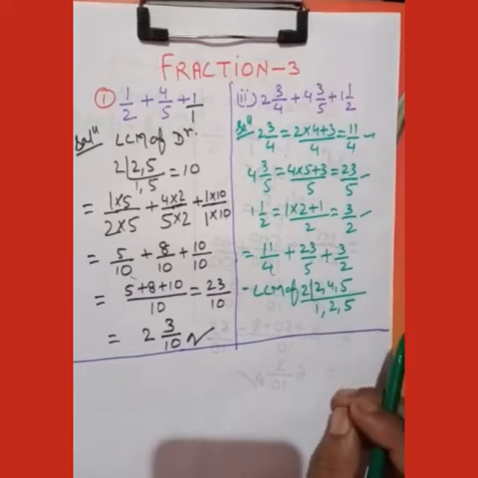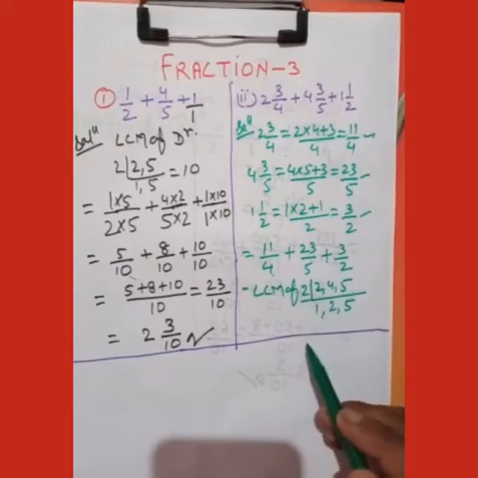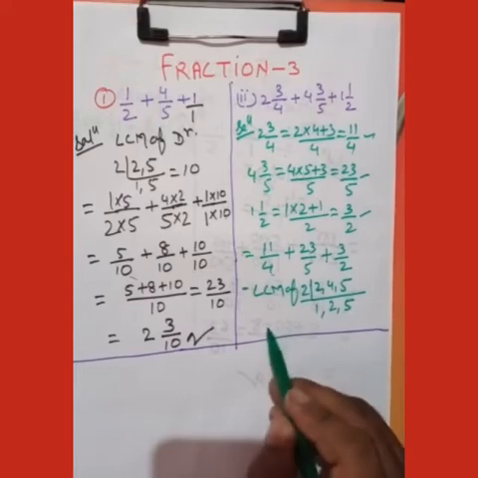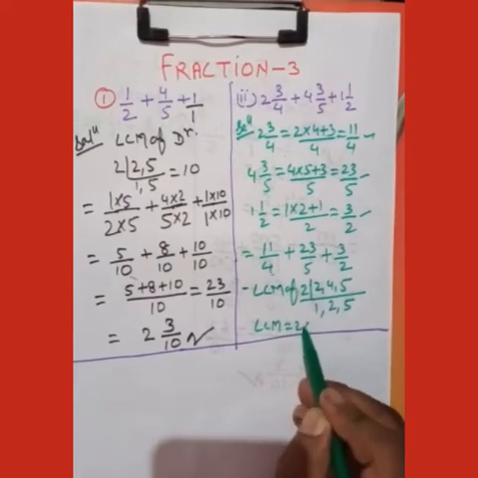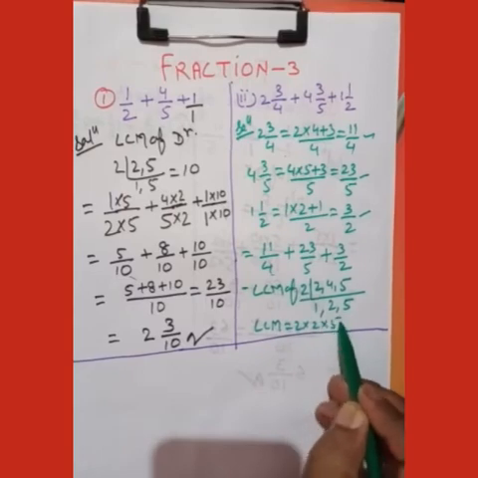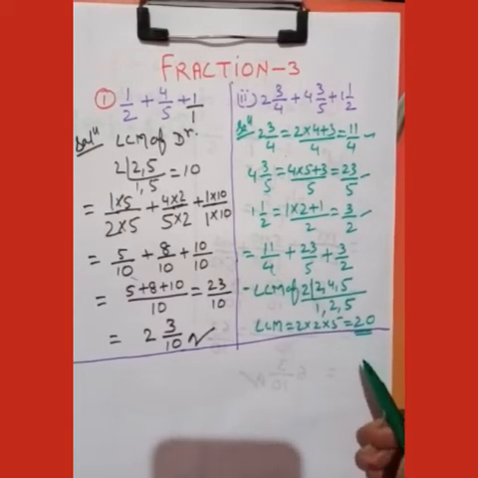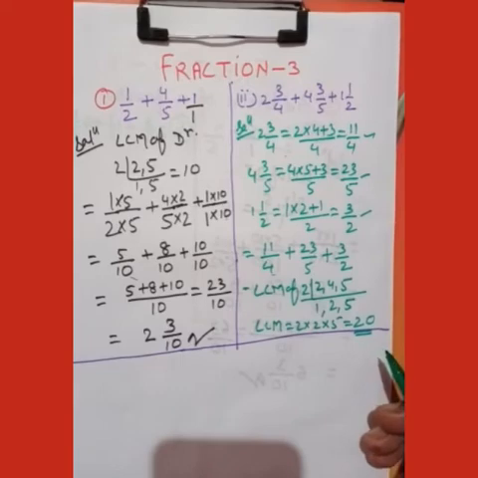So what we have to do now, you leave it and multiply all the product. So LCM will be 2 multiplied by 2 multiplied by 5, 10 2s are 20, so our LCM came 20. Now what we have to do, we have to convert all the fractions into like fractions, okay student.